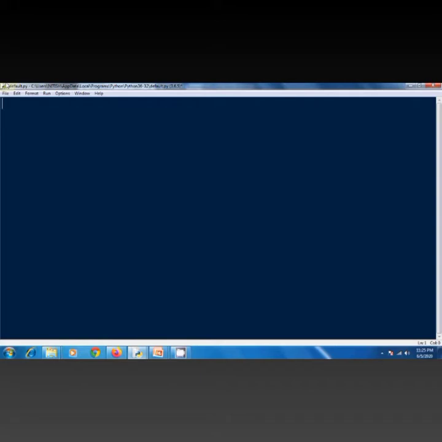I am creating a function. The name of the function is outer. In the body of the outer function, I am defining a variable x and giving it the value local.